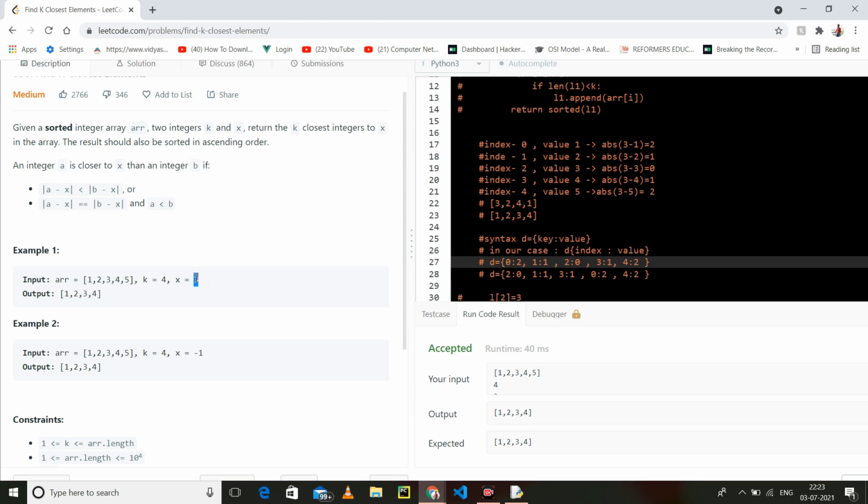If I need to find the closest value to x, I need to take the absolute difference between them, and that is the only way we can say whether a value is closer or not. If there is a, b and c, I can take b minus a and b minus c. How can I say that a is closer than c? Because the difference b minus a is less than b minus c. The same thing I have done here, so I have sorted on the basis of absolute difference.